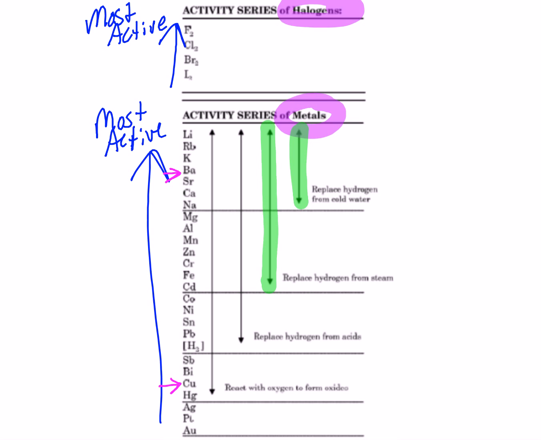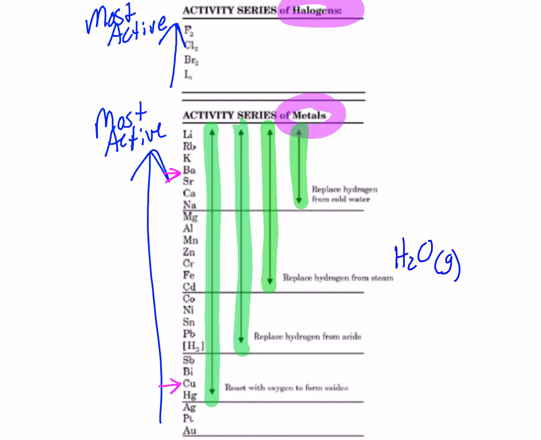All right, so what is steam? It's gas what? Water, right? So it's H2O in that gas phase. So now it's not cold water anymore, guys. It's hot water, and it's not liquid anymore. It is gas. Those elements can replace hydrogen when it's in the steam form. The top three sections, they can replace hydrogen when it's mixed with an acid. And then basically every element, guys, on this activity series can react with oxygen to form oxides except for silver,